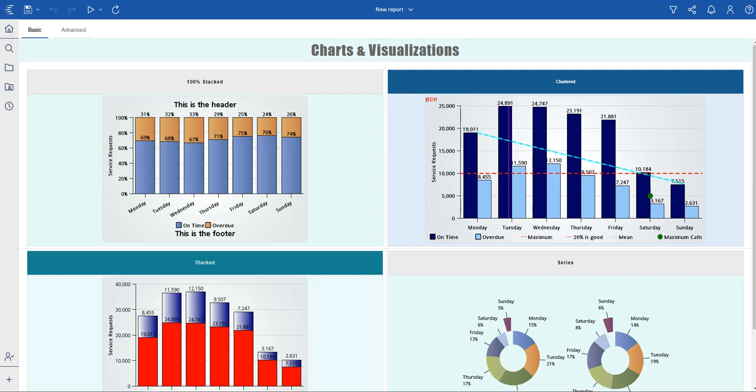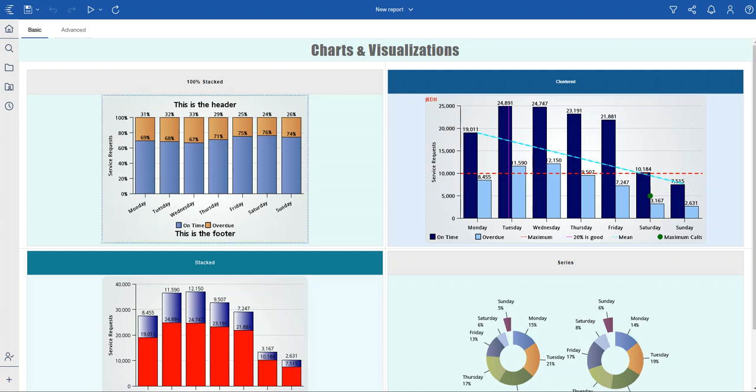Today I'm going to be showcasing a demo on reports using IBM Cognos Analytics 11.1.7. So I have created a basic chart and an advanced chart as well. In this report, I have created a bar chart, and I believe this is commonly used by most organizations. This chart is a 100% stacked bar chart.